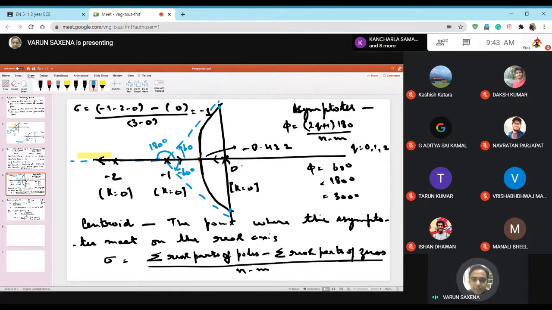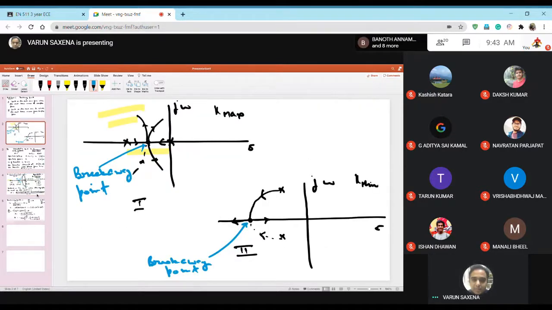So these are the limiting points up to which the system is going to be stable, and they will correspond to some value of k. I told you that these values of k are going to be evaluated using the Routh-Hurwitz criteria or method. So we'll come to that in a while, but we are still discussing the breakaway points. I hope that the breakaway part is clear from here, and this is one of the cases that we have to study, which is case 1.